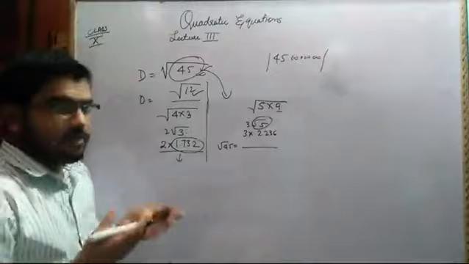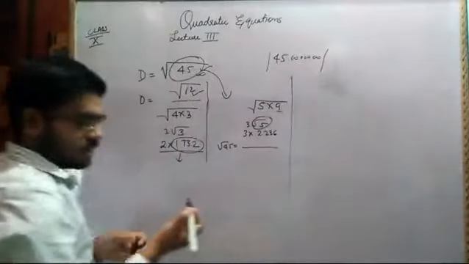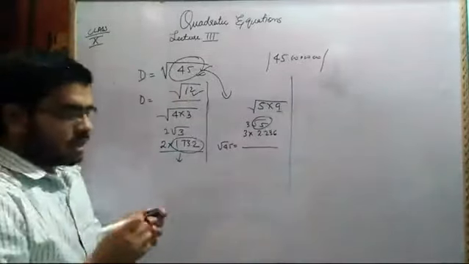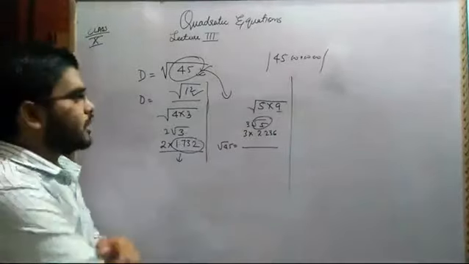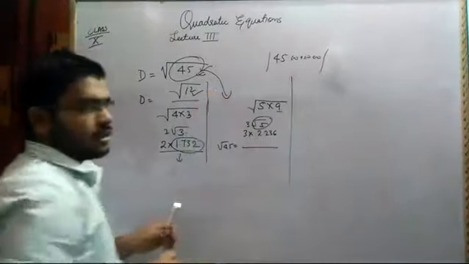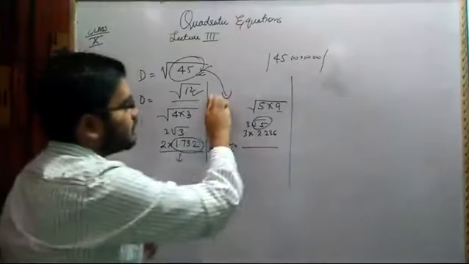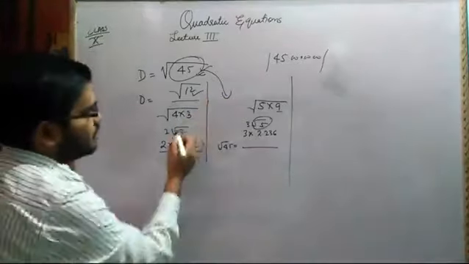The unused brain which is not being used, my dear students. I am sorry to say, but what can I say? You have left me no choice. You have not left any door open for me to say anything good about you. So root 12 will be 2 root 3.